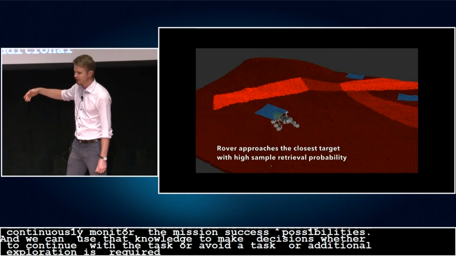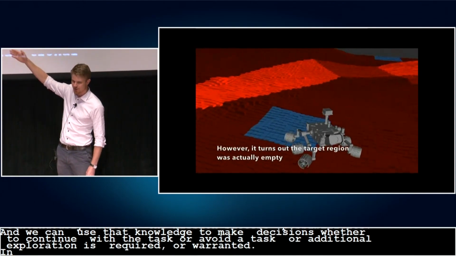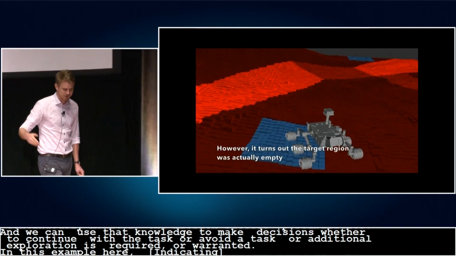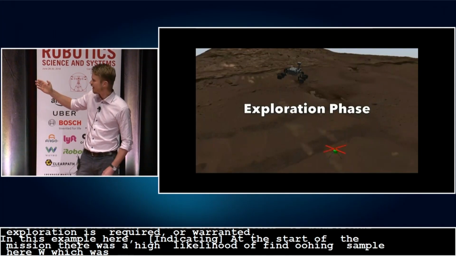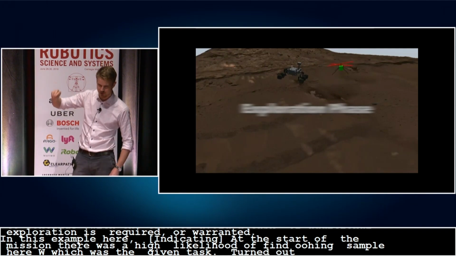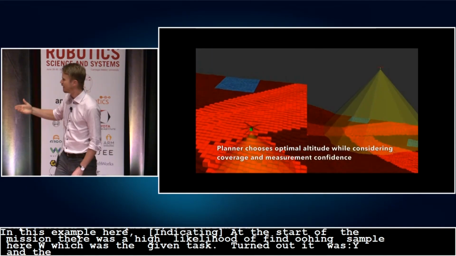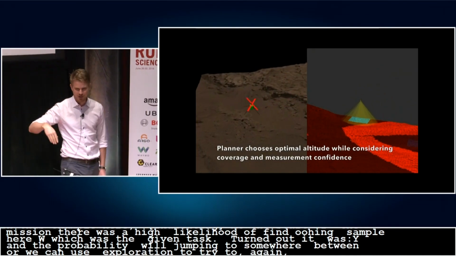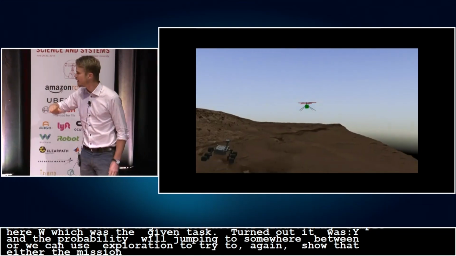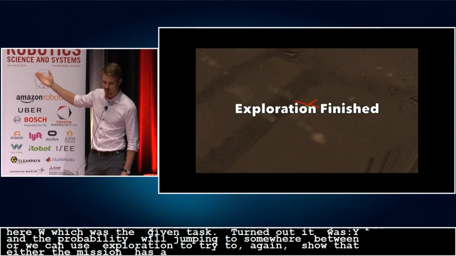So in this example here, at the start of the mission, there was a high likelihood of finding a sample here, which was the given task. But it turned out that that region was empty. And then the probability will jump to somewhere in between, and we can then use exploration to try to again show that either the mission has a high likelihood of succeeding or very low. So in this case, the exploration was able to